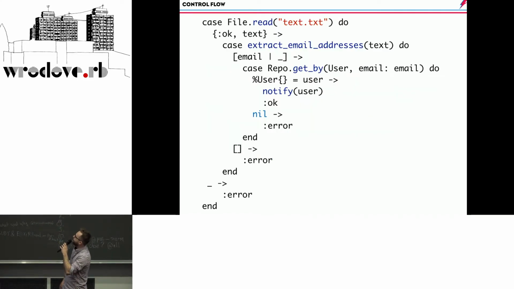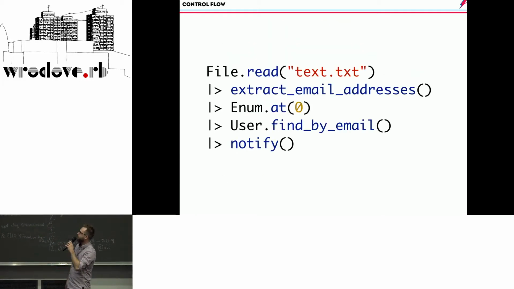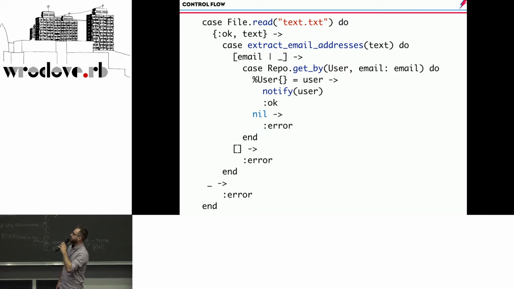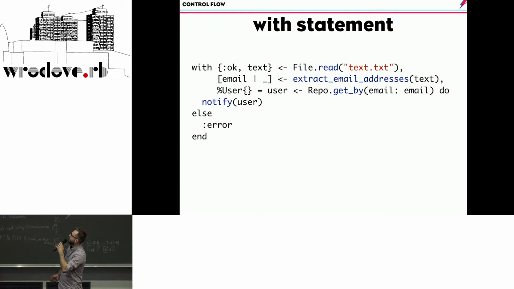Yeah, so you have some operation that you might want to write with pipelines, but it will not work very well. It will break on production. So you can just write something like this using pattern matching with cases. So kind of similar to the else if. This is not really the prettiest solution, and we have a with statement that this can be refactored to.